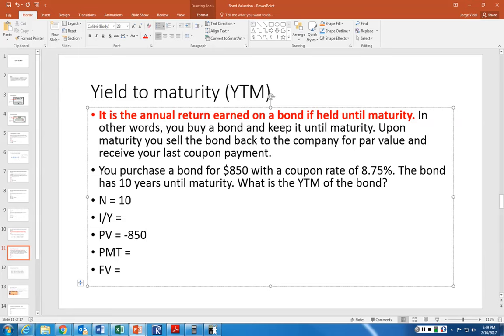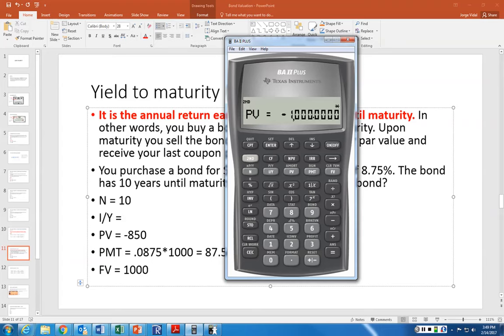Payment, the coupon, is 0.075 times 1,000 equals 87.50. Future value 1,000. So the YTM will be, so do new bond, so second, clear TVM,